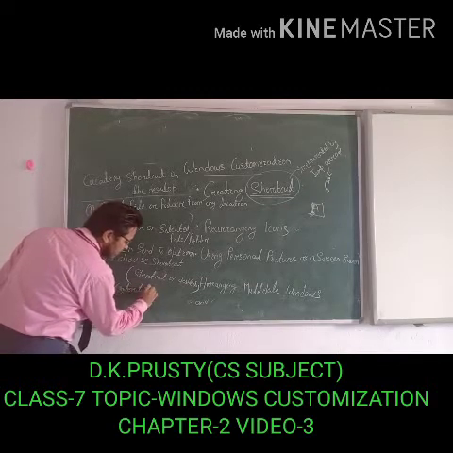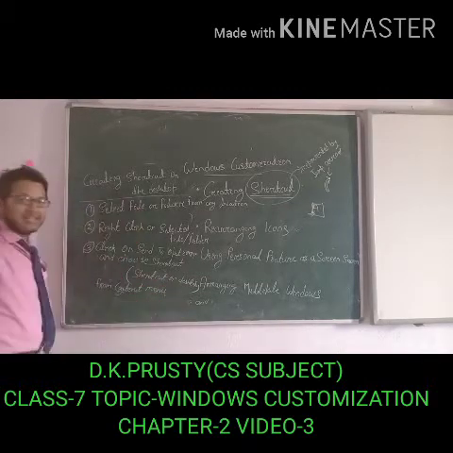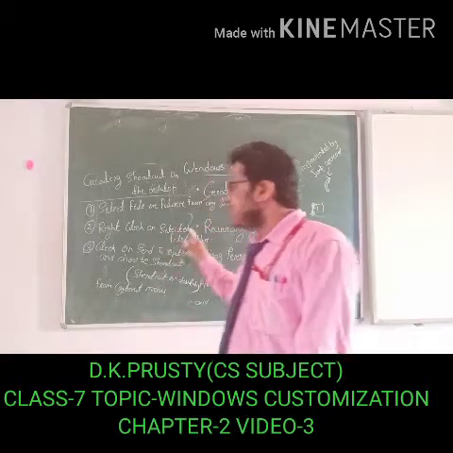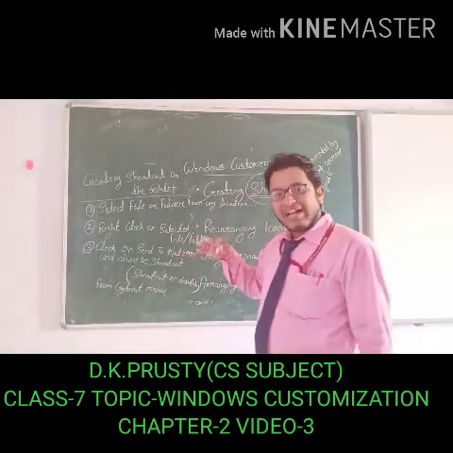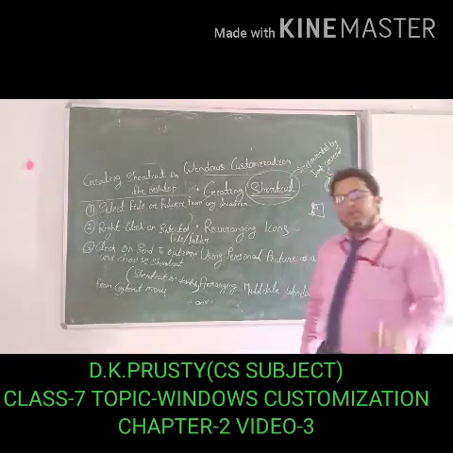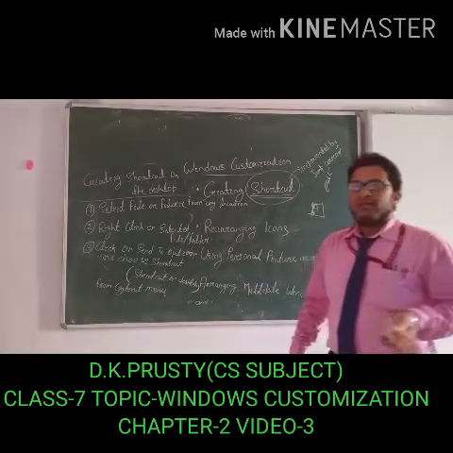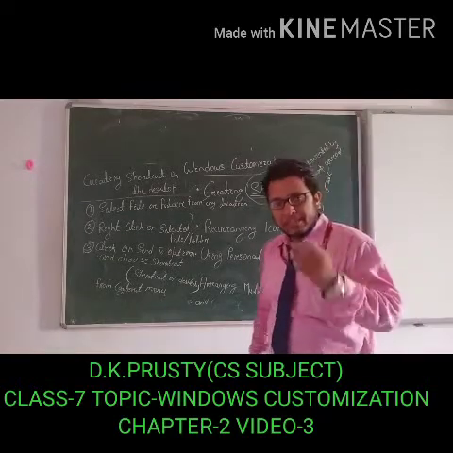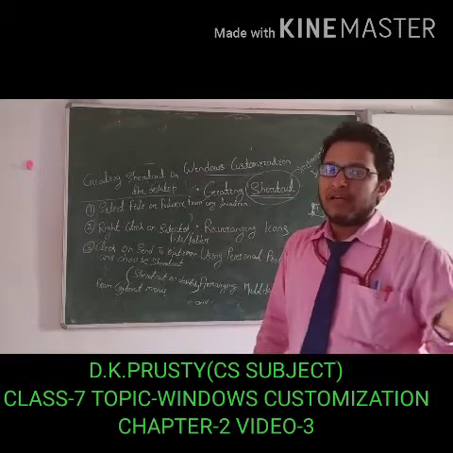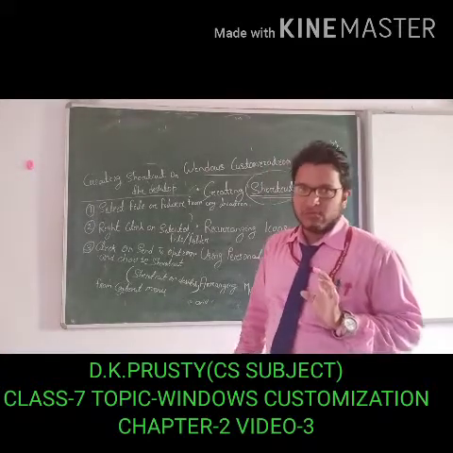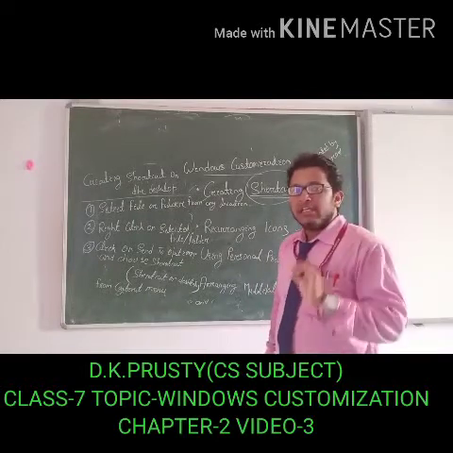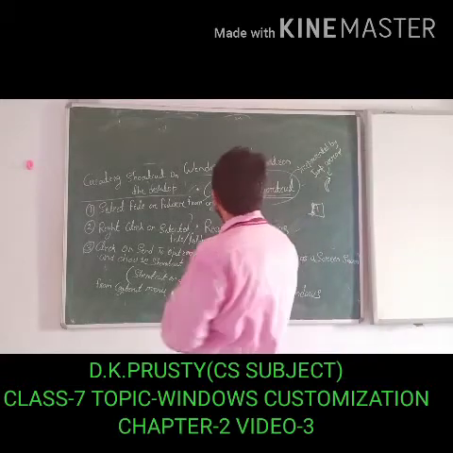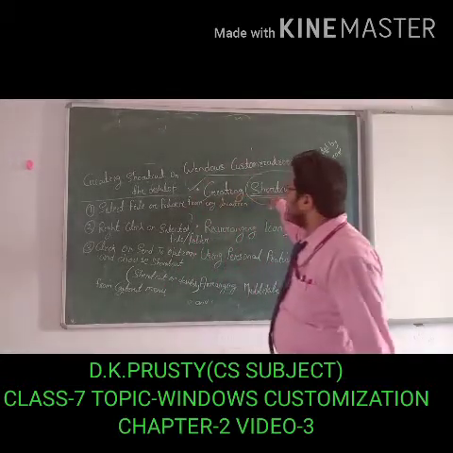Okay, students. In this way, you can create the shortcut of any file or folder on the desktop. This is very simple, very easy and easy to access also. Okay, students, and always remember, when you create a shortcut, which type of symbol will be displayed? A jump bar arrow. And where will it be displayed? At the left corner of the file, folder or any icon also. For a file, folder or any icon, you can create the shortcut. Remember this. Is that clear? So students, in this way I have completed how to create a shortcut.